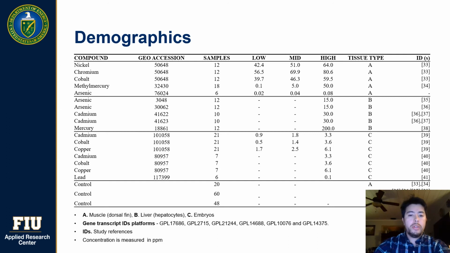So in order for you to understand how this data has been classified, here I am looking into different tissue types in which embryo, whole body, dorsal fin, and hepatocytes have been classified independently. We have different concentrations which I've categorized as low, medium, and high, and I'm using different accession numbers with different GPL platforms. All of these are cDNA microarrays.